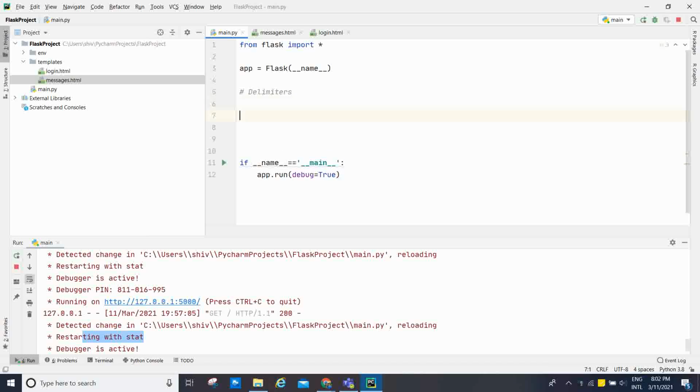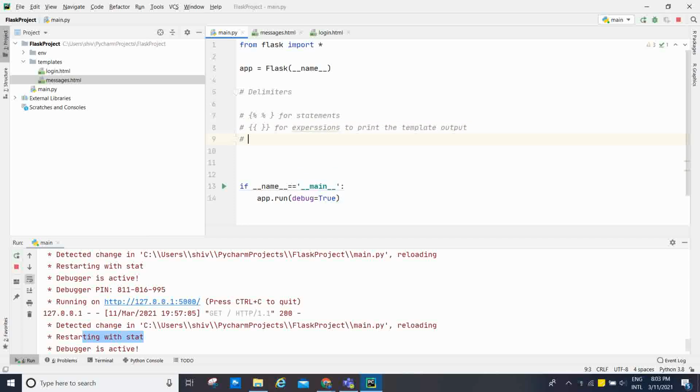The first one is percent, that is for statements. This is very important for statements. The second one is for expressions, to print the template output.